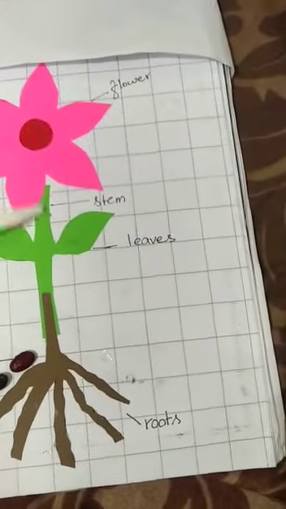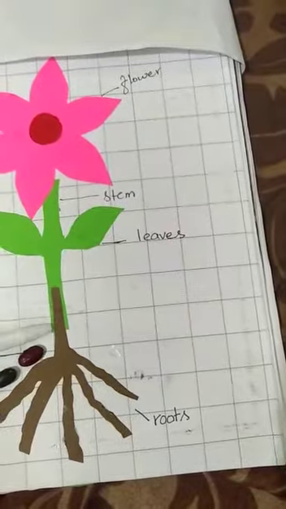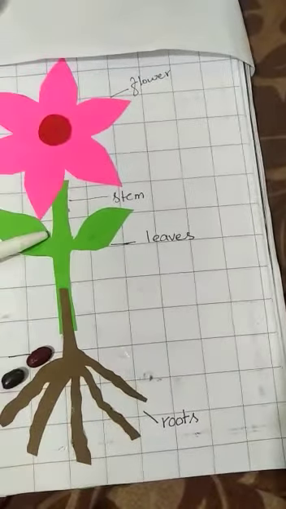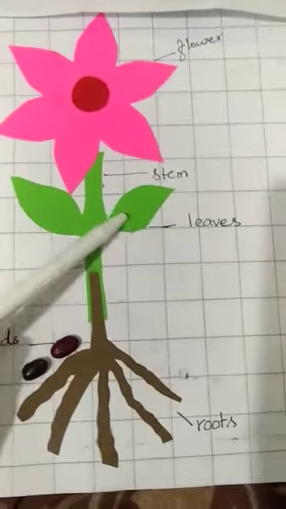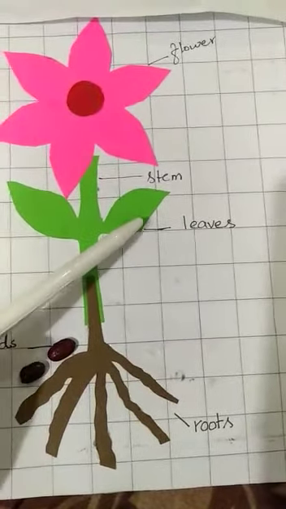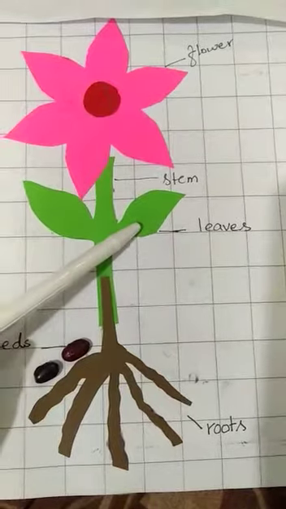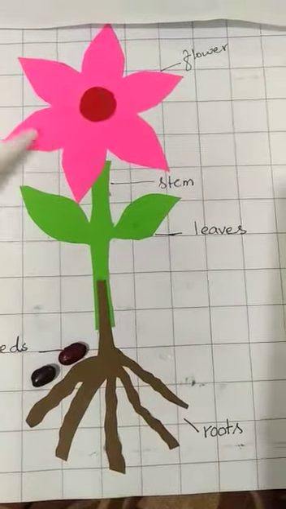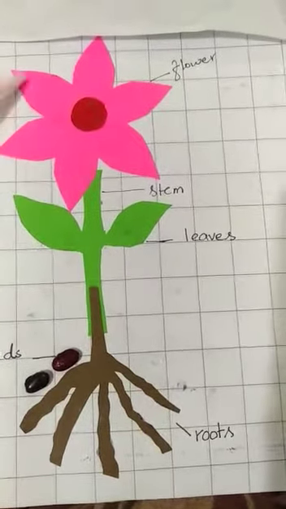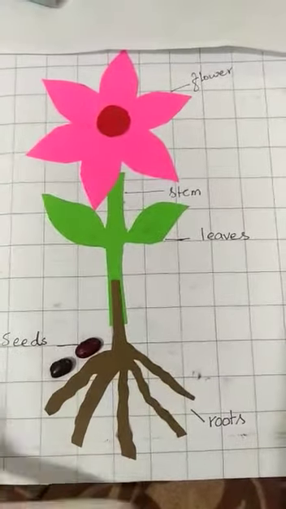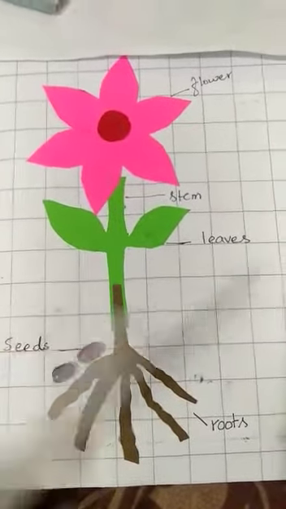This part of a plant is called the stem, where a plant can stand. These are leaves, and you all know that leaves are always green in color. And what is this? Yes, this is a flower. So these are some basic parts of a plant: